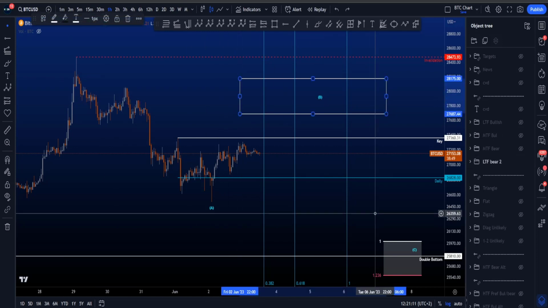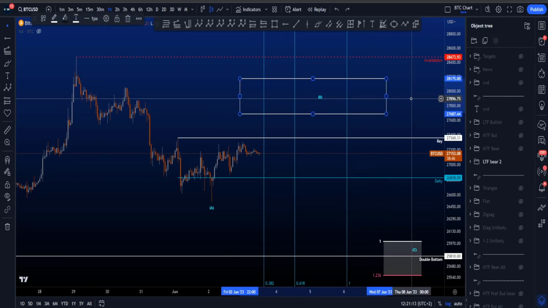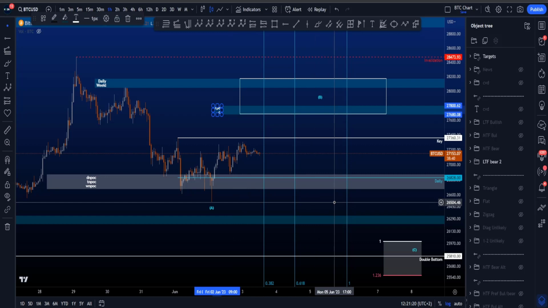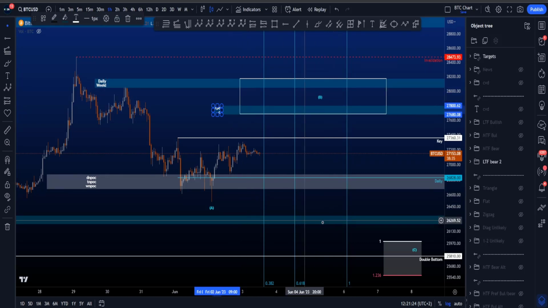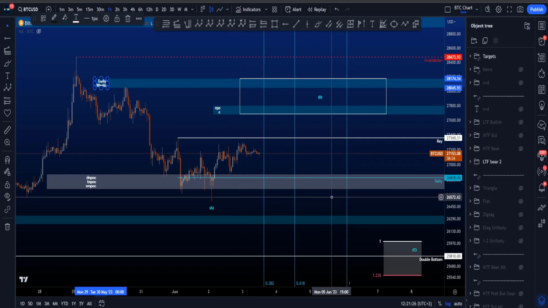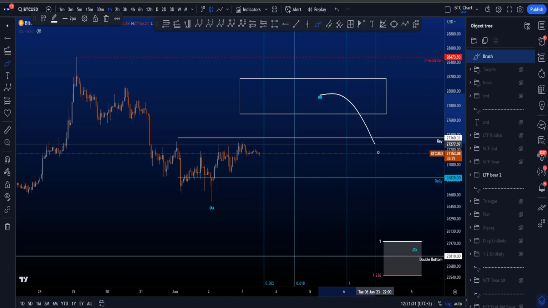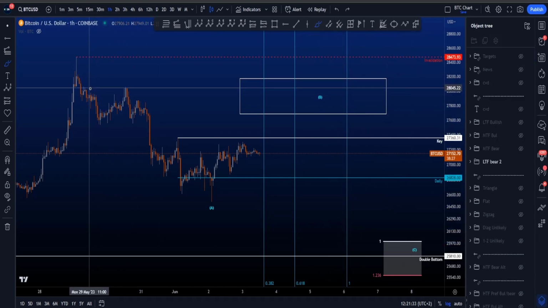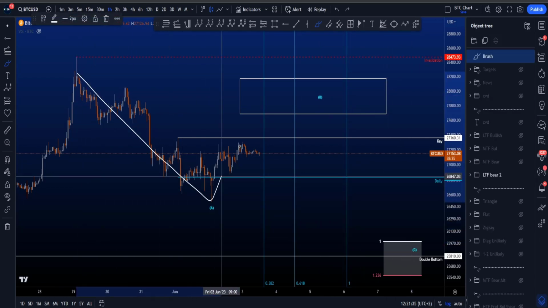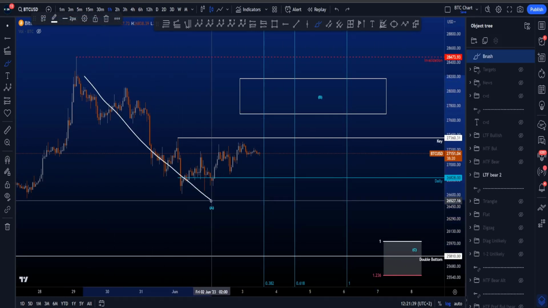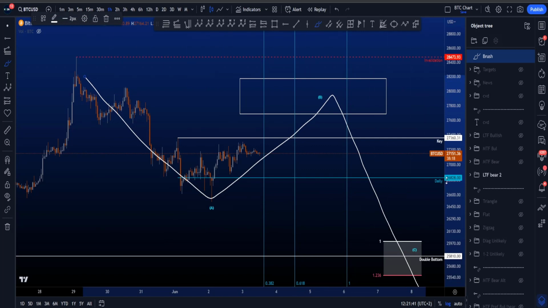here between 27.7k and 28.2k, mainly because of the two target boxes that I have inside of that area. The first resistance is between 27.7 and 27.8k, and the second resistance is between 28k and 28.2k, for then eventually expecting another 5-wave move towards the downside and then creating a potential zigzag, which is a 5-3-5-wave move to the downside, or potentially this is a wave 1, 2 and then a bigger 3 towards the